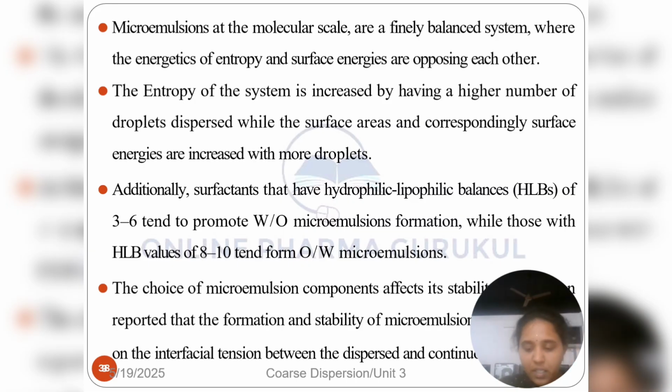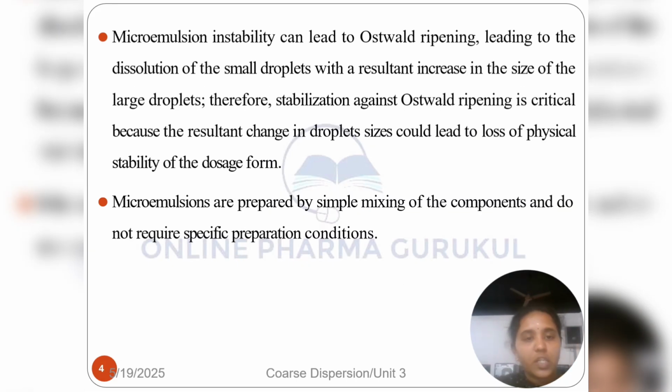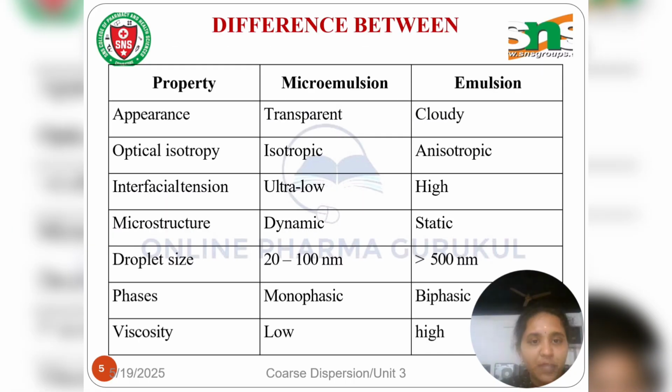components selected. Microemulsion instabilities can lead to Ostwald ripening, where small droplets shrink with a resultant increase in large droplets. Stabilizing against Ostwald ripening is critical because the droplet size becomes very large, with loss of physical stability of the dosage form. A microemulsion can be prepared simply by mixing the components, and specific preparation conditions are not required. And the differences between microemulsion and emulsion are in these properties: